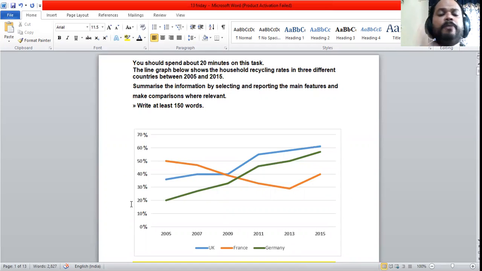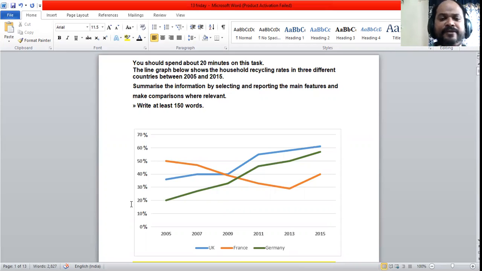This is a movement data. It's not a static data. We have movements here, so we have fluctuations there. So this is also a classical chart, like bar graph, line graph, table, and pie chart. We have statistical comparison of numbers here. So we need to